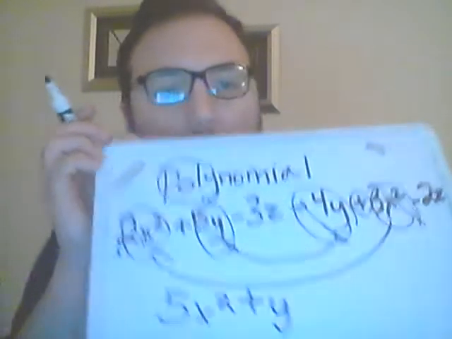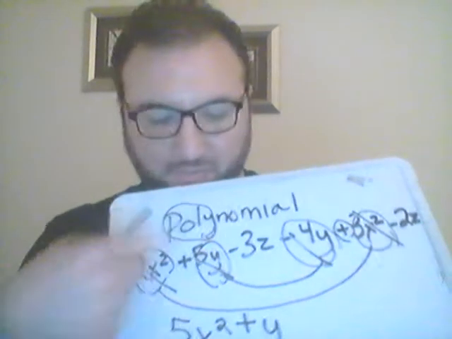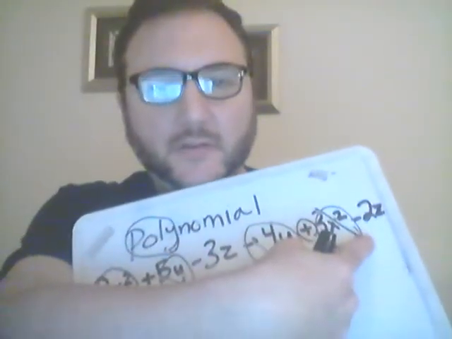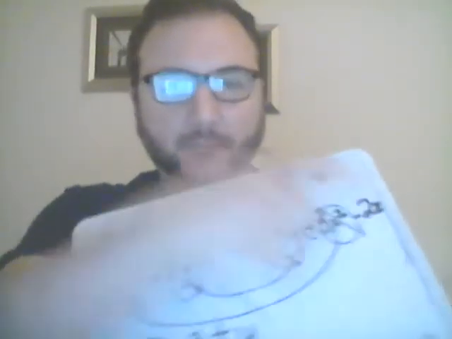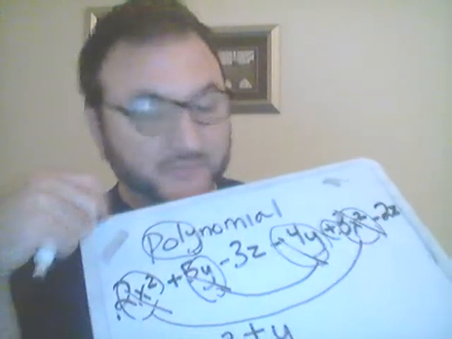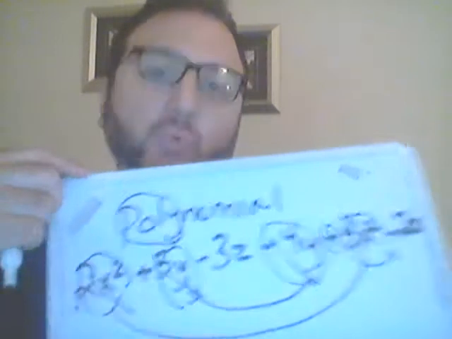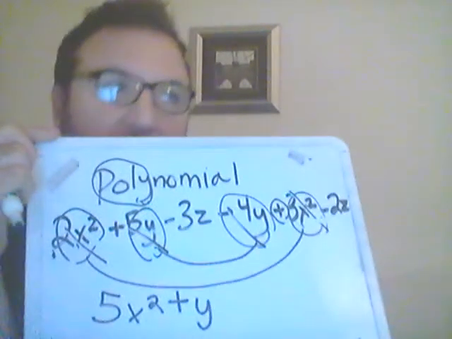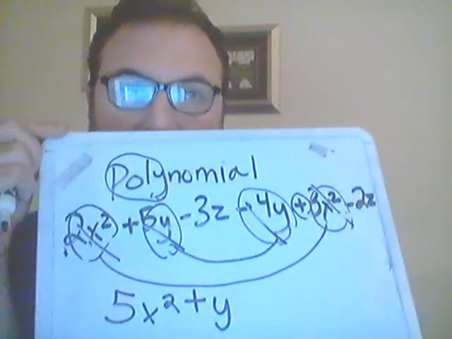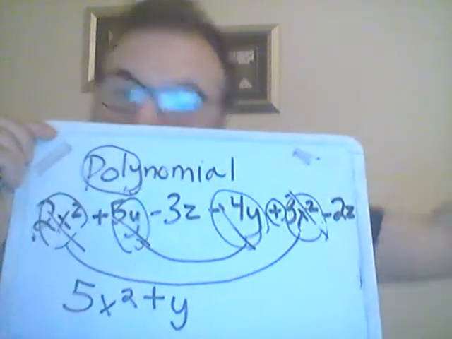Now, what do I have left? Well, I have a negative 3z, because these two are done, and I got to go all the way to the end to get a negative 2z. But they match because they both have a variable of z, right? So I just have to deal with the coefficients. I got a negative 3, and I got a negative 2. Well, if you're fluent in your negatives and positives, you know that going lower,